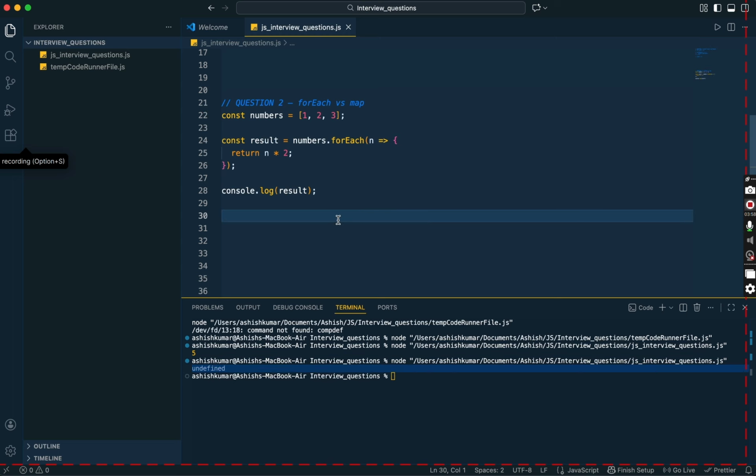This question helps the interviewer quickly find out whether you have real coding experience or you just memorize answers. So please make sure you know these types of concepts. These are the kind of mistakes that don't look big, but can